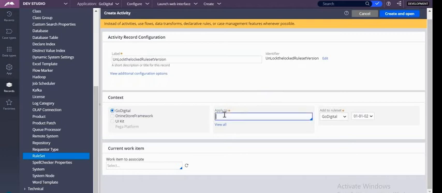In which class do you have to write it? Whatever we are writing is available in the rule set version. Your rule set is available in that, right? So you have to write it in the Rule-Set-Version class. This is very important. And click on create and open.